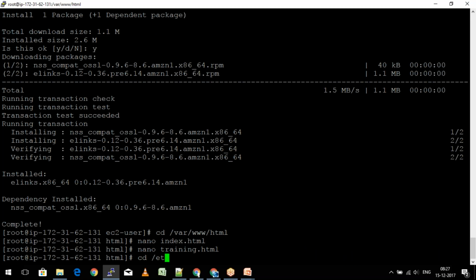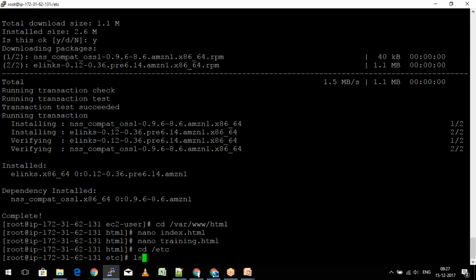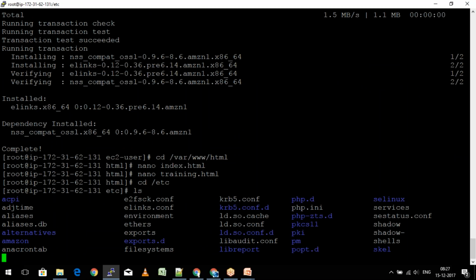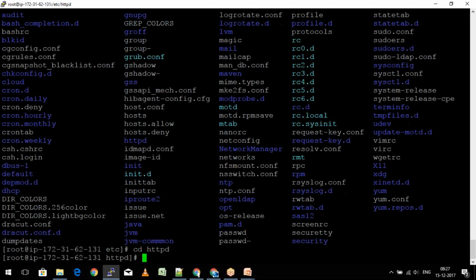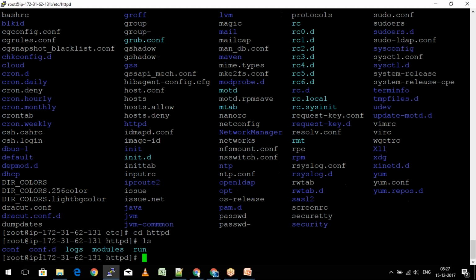Now let's go down to the etc folder. Let's say ls. I'll go inside the httpd. Let's say ls, and let's say I want to make some changes in this configuration as well.